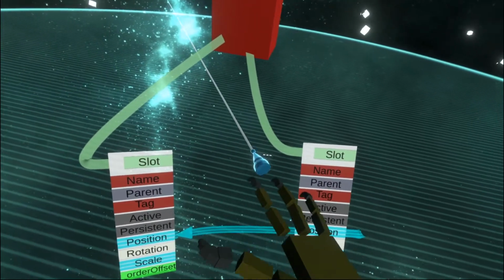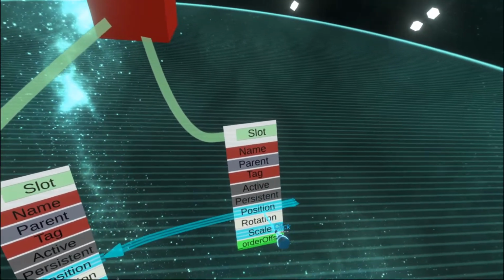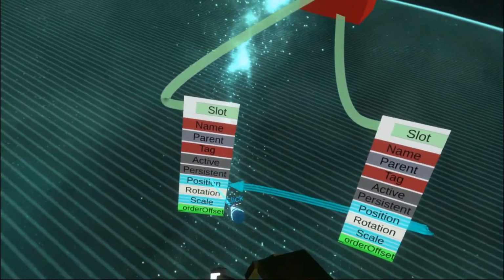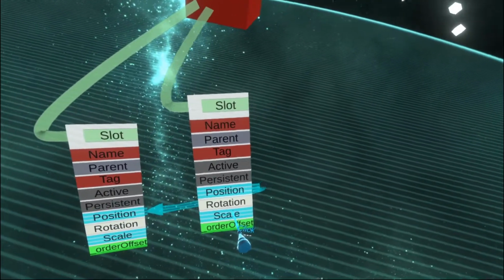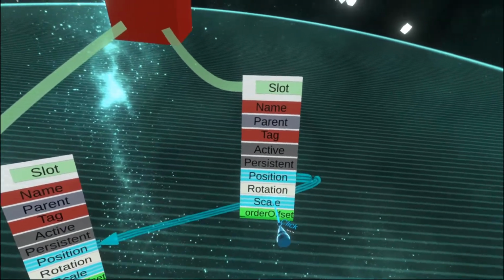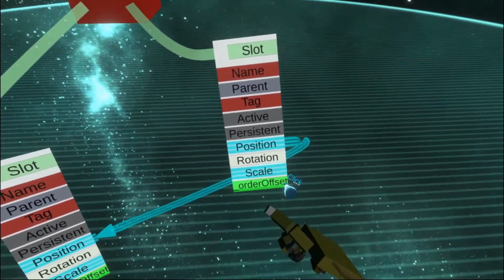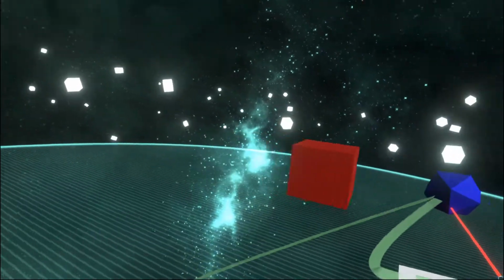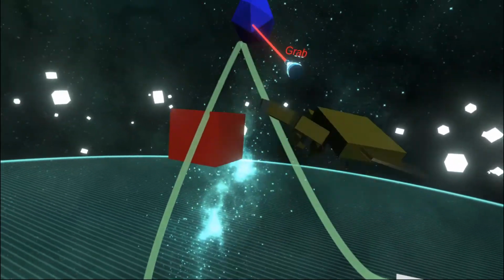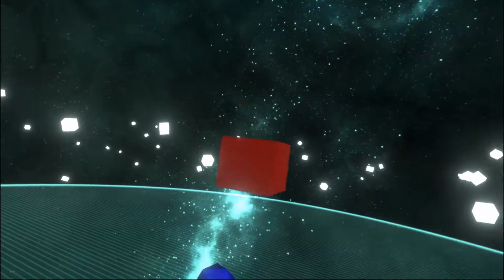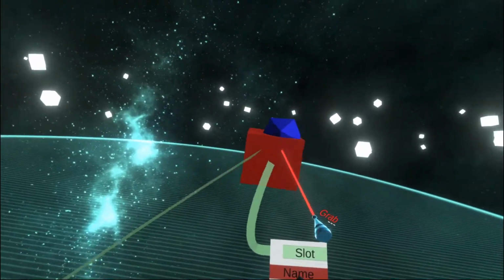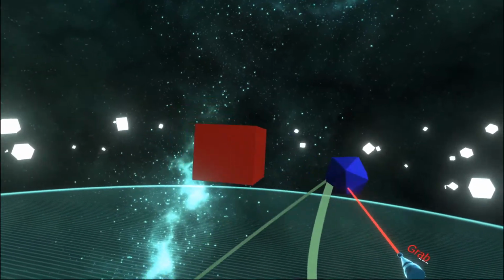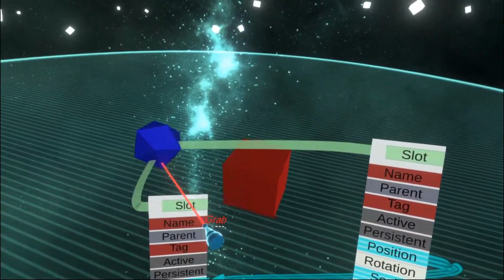There's no events going on checking whether this position changed and then updating that position. It's just a solid continuous connection. This position is setting that position. And I added a smooth transform to the cube just so you can see it moving. Otherwise it would be stuck to the blue thing instantly,